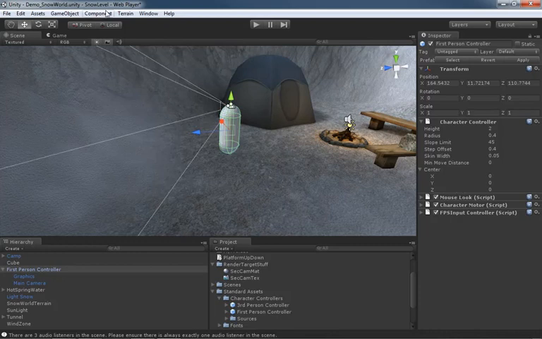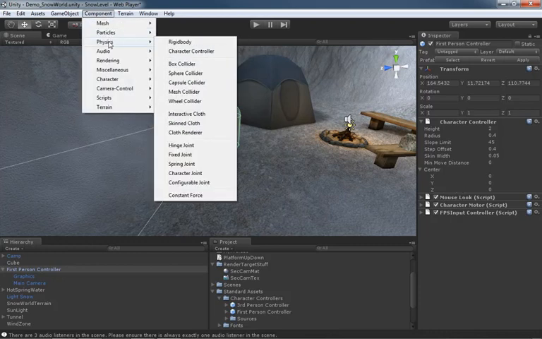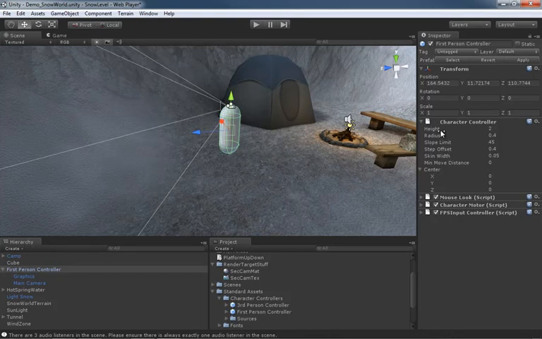As is suggested by its location in the component menu, this is just a physics object, and the properties included in it are as follows. It has a height, which, just as the name suggests, controls the height of the character, or the height that will be calculated for the character's height. We have the radius, which is how big around the character is going to be. Basically, when objects come this close to the character controller, they will be considered to be colliding. And if you look at those numbers, you have to remember that those are actually in Unity units, which are meters. So if you think about it, 2 meters high means that this character is about 7 feet